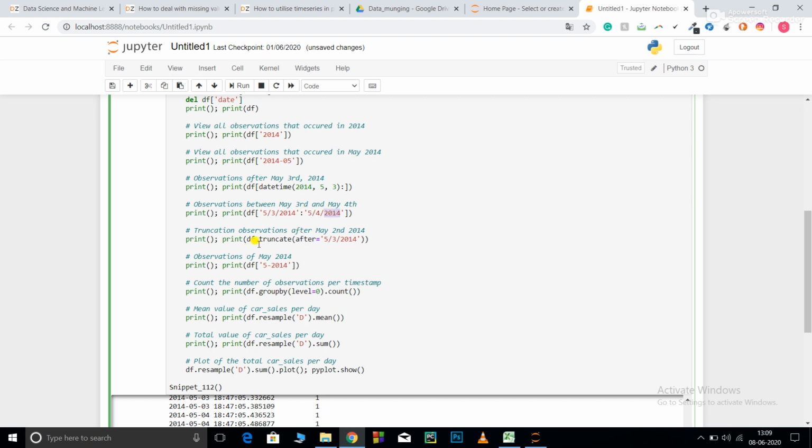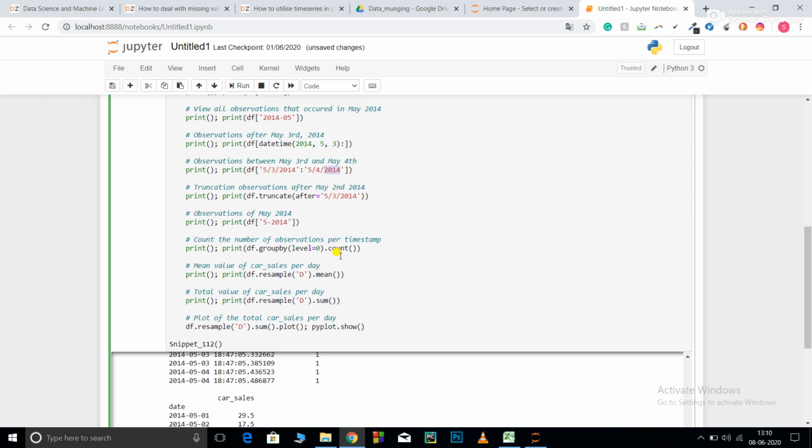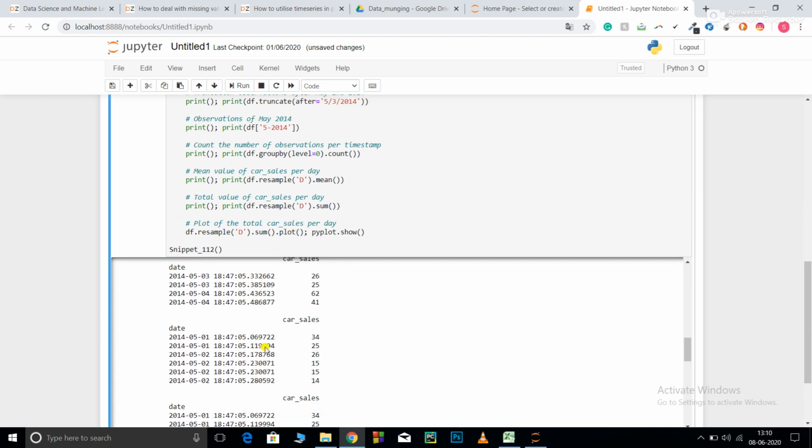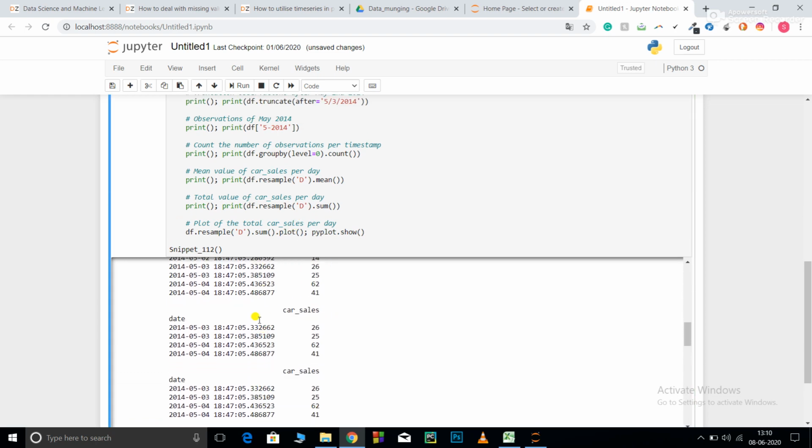Now df.truncate. Truncate means cutting or shortening. So it will cut all those dates that are after 5/3/2014. Now print df 5 2014. Let me show you. This was all after.